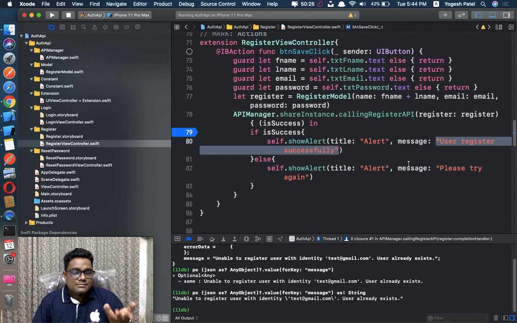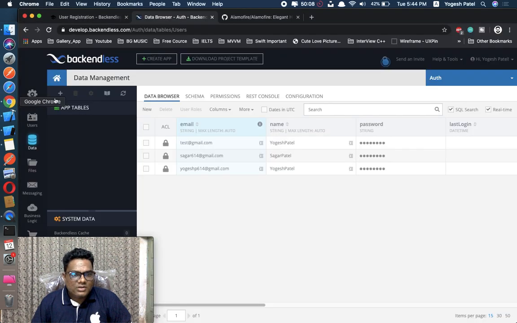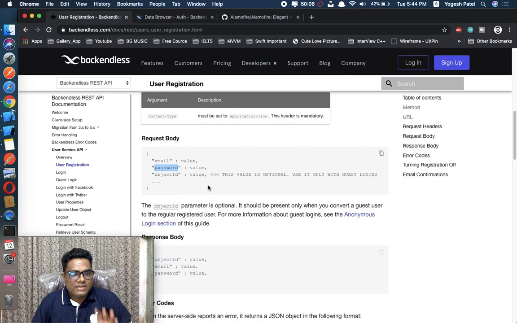In the second video, in login, first I will do this thing and then I will explain how we can log in. Okay, so guys, please do this thing, and let me know in the comment box if you have any query. I hope this video is going to be helpful for you. It's really very easy, and just follow the documentation of Backendless. It's very good, and it's free, so we can use this.